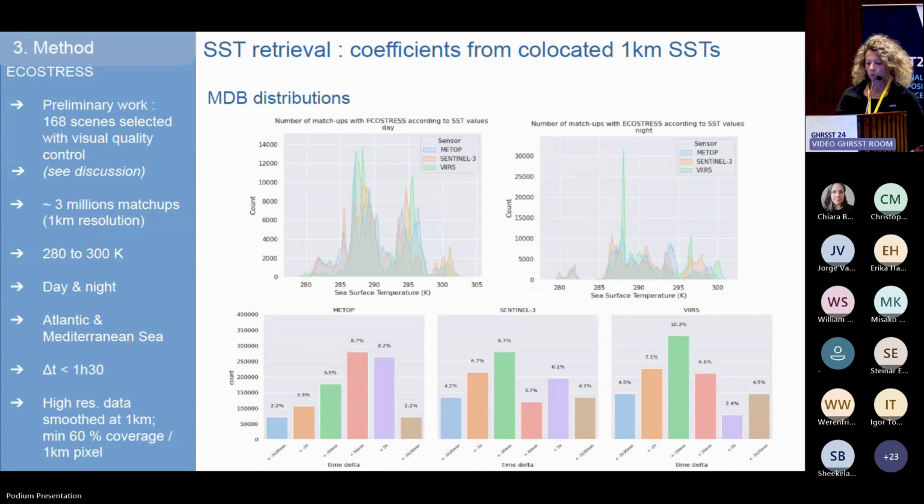I'm not going into the details of this figure, but to summarize, due to bad cloud masking and land masking in the original EcoStress dataset, for example, but also in the Landsat 9 dataset, we have selected for EcoStress a limited number of scenes with visual quality control, and